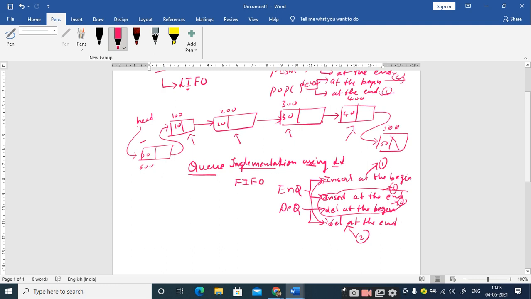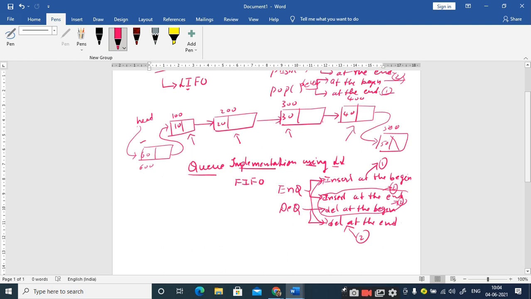But if you look at the definition of the queues, the insertion is done at one end and the deletion is done at the other end. Here we are defining the stacks and queues in terms of end, right? If the insertion and deletion is from one end, we call it a stack, and if the insertion is at one end and the deletion is from the other end, we call it a queue, right? So insertions and deletions are always done at the end in case of stacks and queues. So you cannot use the insertion of a node at the required position and deletion of a node at the required position to implement stacks and queues using linked list. Is it clear?